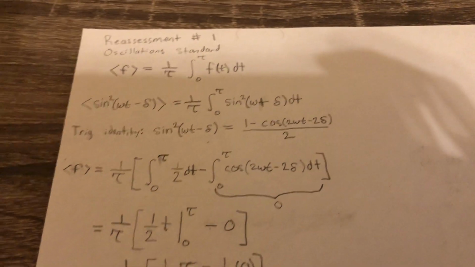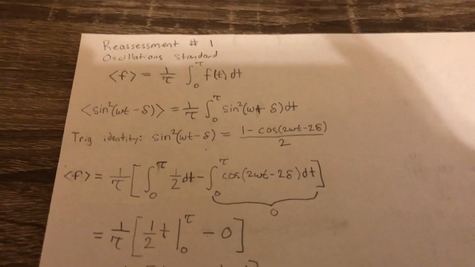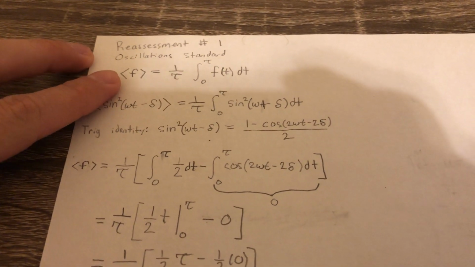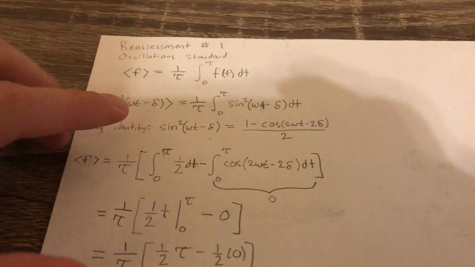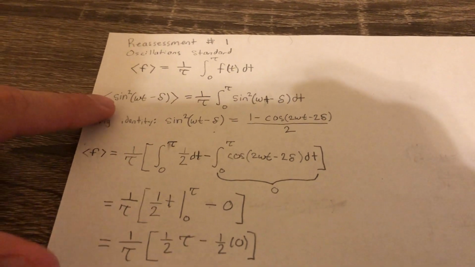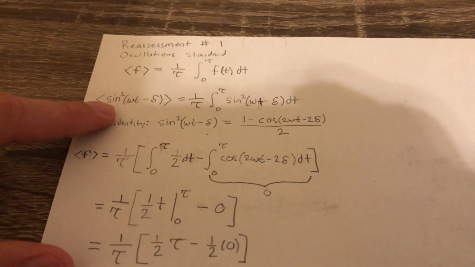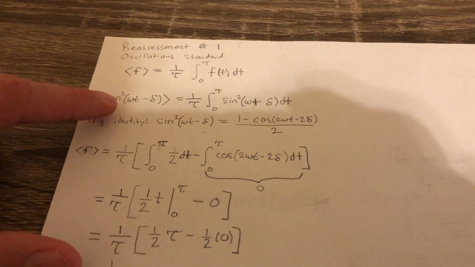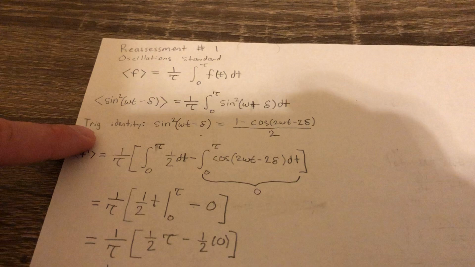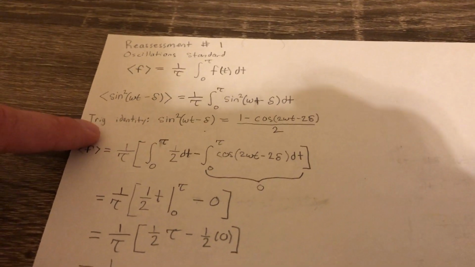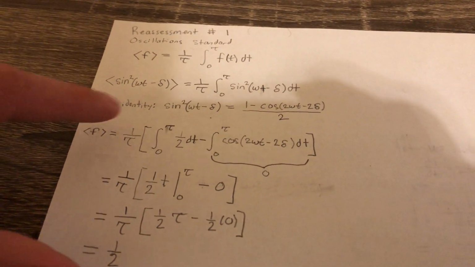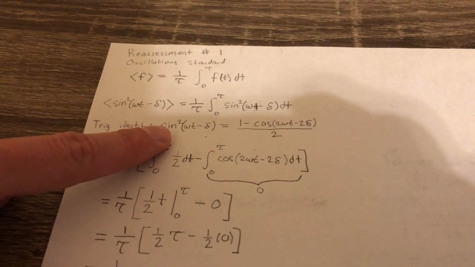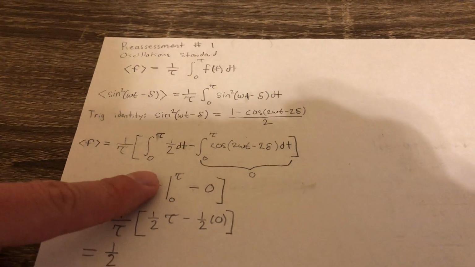So these are non-driven oscillators, so we use this formula, and we plug in. They want us to first use sine squared(omega t minus delta), plug that in as f of t, and then we have to use a trig identity to make it easier for us, so we can solve. We plug this trig identity in for sine squared(omega t minus delta),